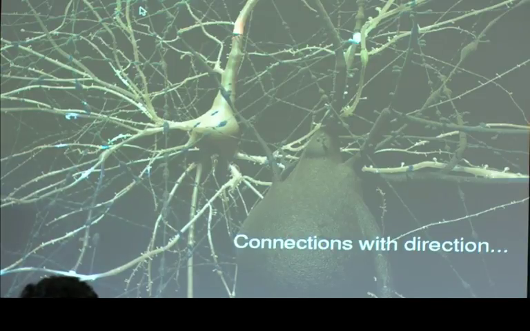And they have incoming wires, which are the dendrites, and outgoing wires, which are the axons. And along these axons and dendrites, there are connection points. You see some that are lit up here, which are called the synapses. This is where the axon of one neuron meets the dendrite of the next neuron in the sequence. So they actually have these directed connections